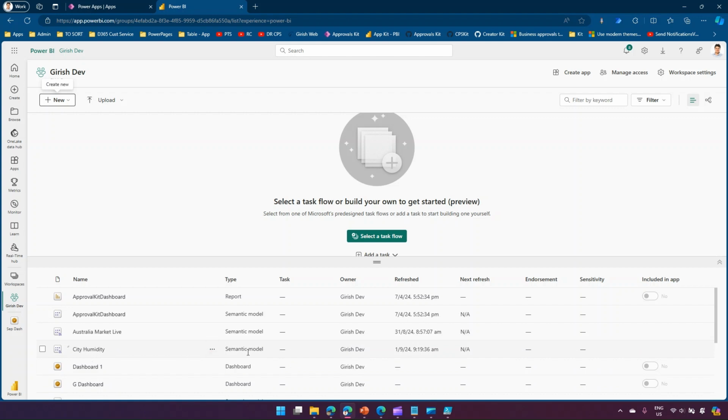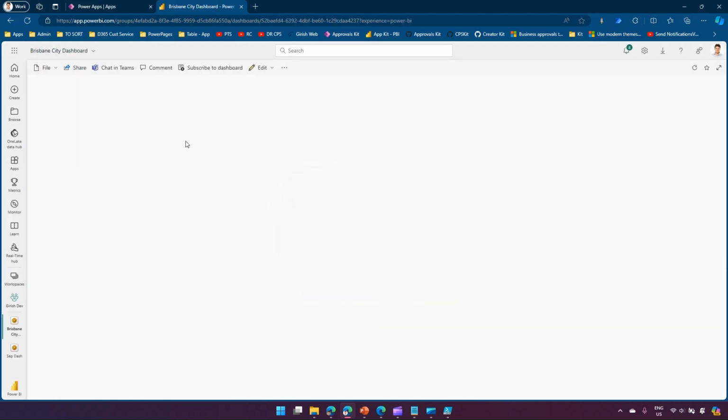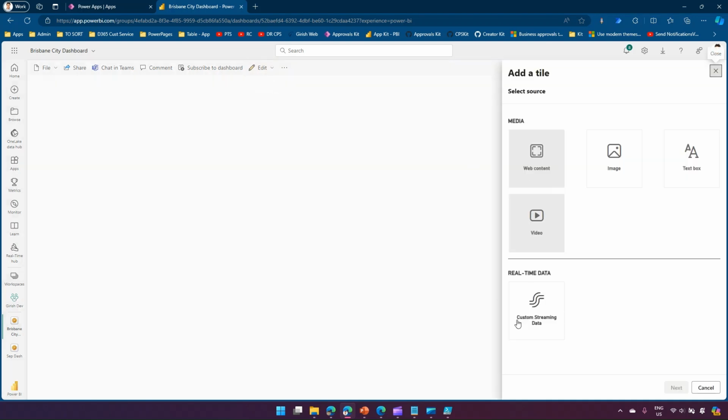As you see over here, it's a semantic model. Now from here, I'll click on new and click on dashboard, and I'll call it city dashboard, or maybe I'll just name it Brisbane city dashboard. I'll click on create. Now this is my dashboard. It has nothing in it currently. So I'll click on add and I'll click on add a tile. And then from here, I'll select